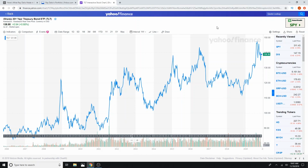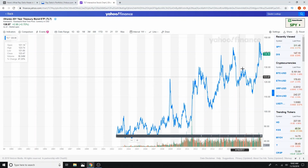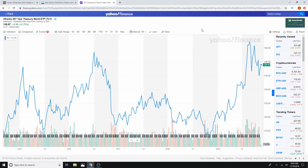His second top holding on bonds is TLT, which you can see here is the 20-plus year Treasury bond, which is a Fed bond. So we have very low risk here, stock appreciation over the long run, and we do have this consistent dividend. It is small, but it's consistent, and that's what you need in the stock market. Just a little bit of money consistently over time is the way that you make money in the stock market. All right, guys, so you can see here that his two top bond holdings are LQD and TLT. Let's get into his holdings of